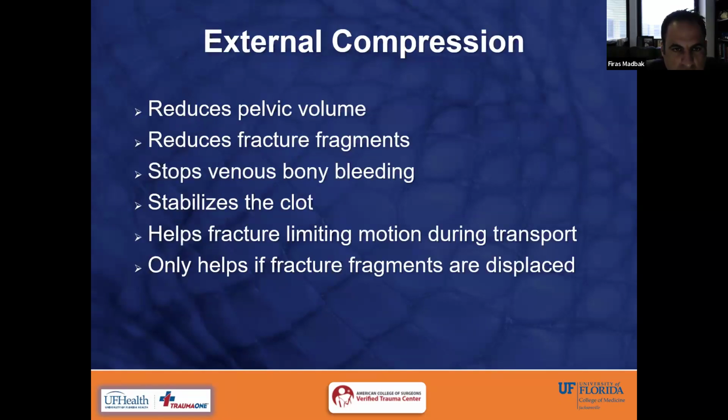So external compression works because it reduces pelvic volume, reduces fracture fragments, it stops venous bleeding, and it kind of stabilizes the clot, so to speak. And again, it helps you with transport. So it limits the fracture motion, it limits pain during the transport if you're moving the patient from one phase to another. And there's all sorts of